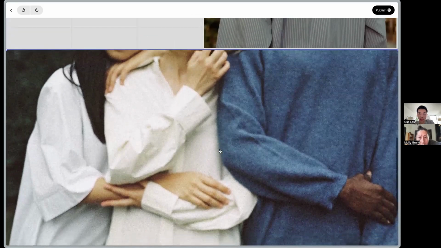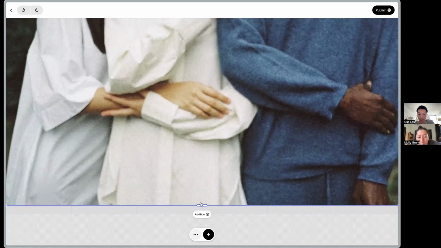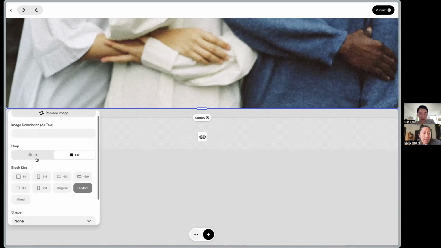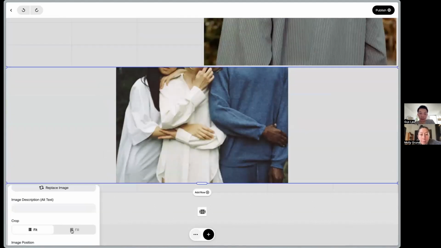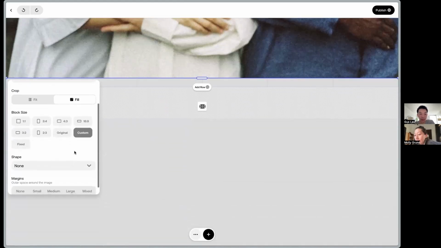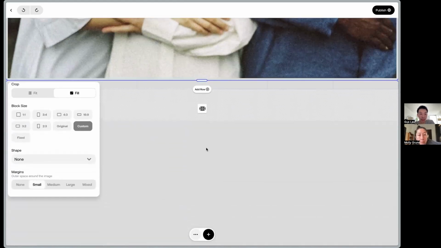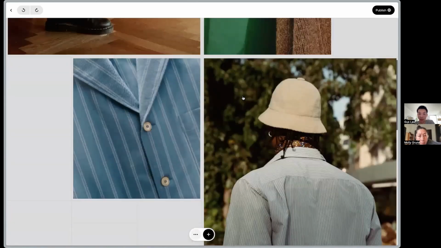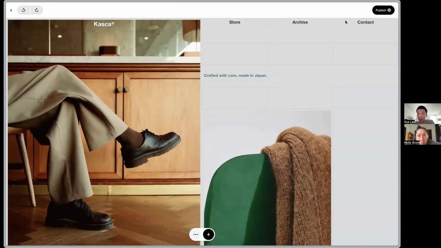And are you setting all of these images to fill instead of fit? Yeah, all fill instead of fit. Fit works well, but in order to achieve the results of it filling the whole screen, fill is a great option. And remember to add the small margins, keep it consistent. And okay, let me publish it,